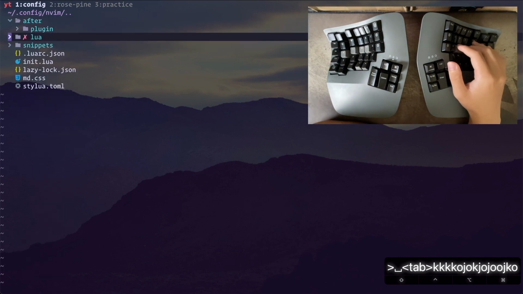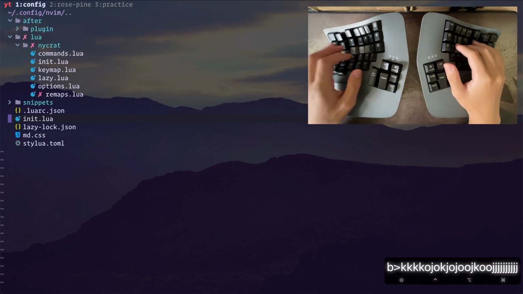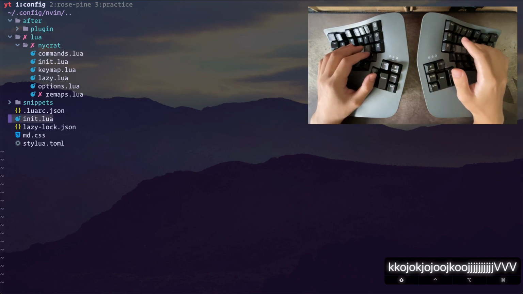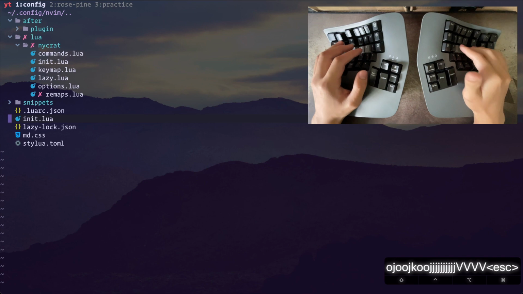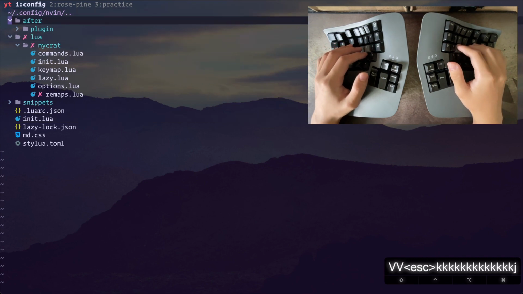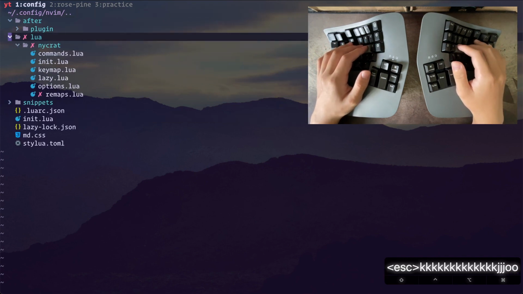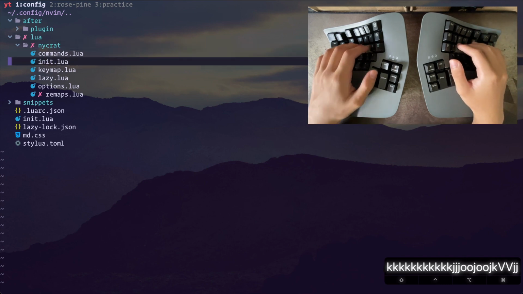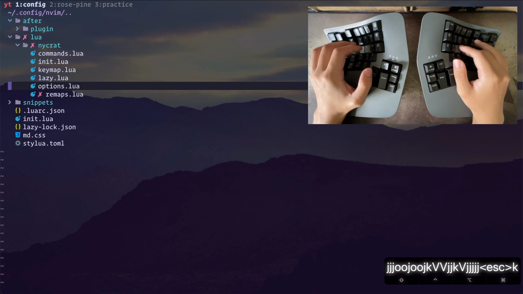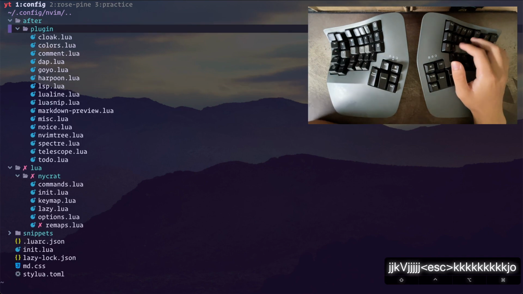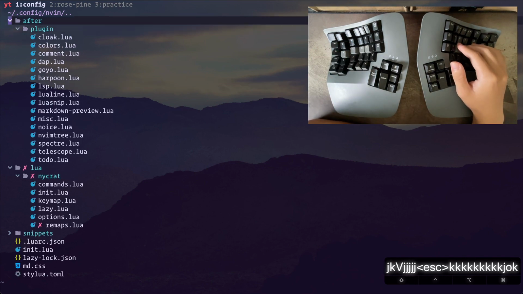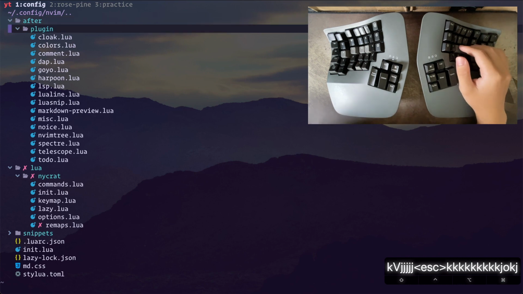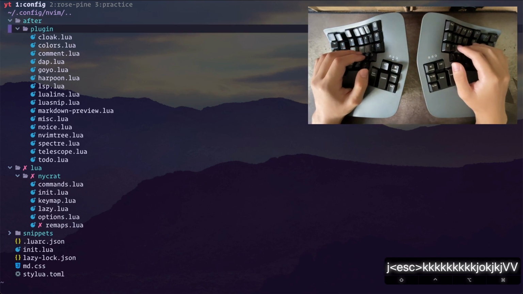Everything we've gone over so far is the init.lua file at the base of our configuration directory, and then the Lua directory, in whatever folder you've named for your configuration namespace. We've gone over everything in here. And then there's another folder you can create, called after. And in the after and plugin directory,